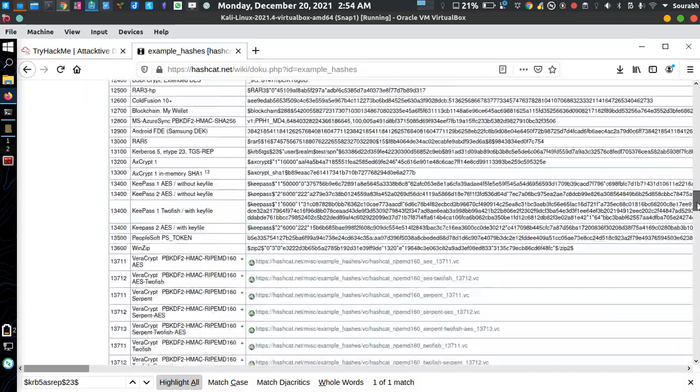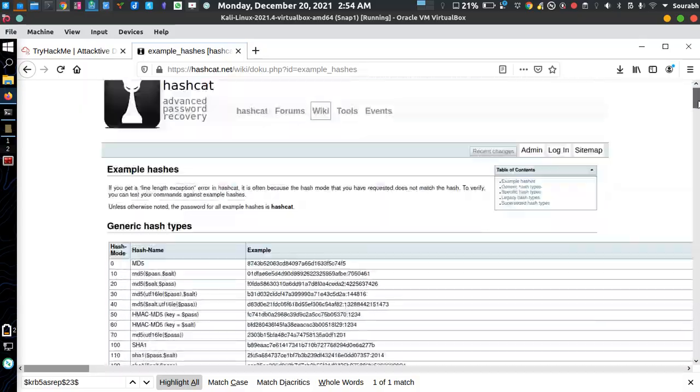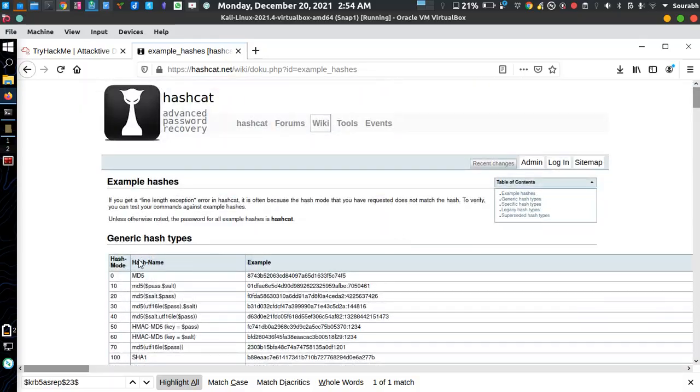So what is the meaning of that? Basically you need the hash name and the hash mode. Why do we need the hash name and hash mode? Because to crack that particular hash, you need to know two things: first is the hash mode, and second is the hash name itself.